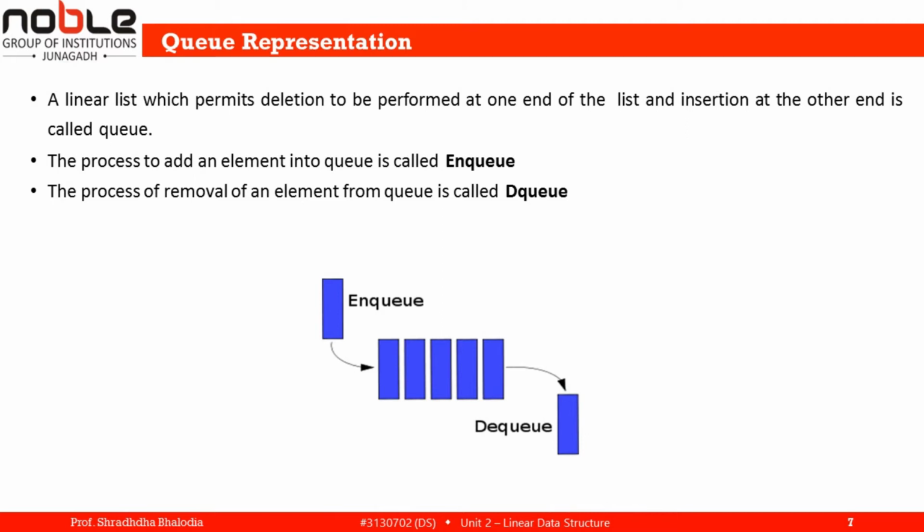A queue is a linear list of elements in which deletion can take place only at one end called the front, and insertion can take place only at the other end called the rear. Push operation will insert an element to the queue at the rear end by incrementing the array index. Pop operation will delete from the front end by decrementing the array index and will assign the deleted value to a variable.